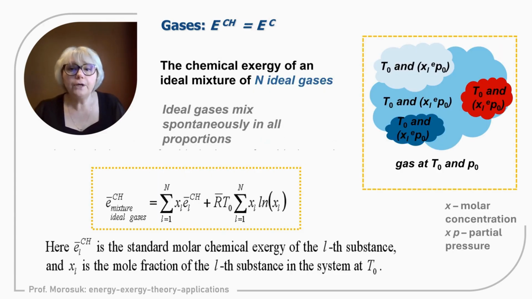Now, what to do if we already have a mixture of gases? Any mixture of gases. For example, it can be a mixture of hydrocarbons, or, if we discuss environmental analysis, for example, CO2 or NOx emissions, SOx emissions emitted to the environment. So if we would like to proceed with exergy analysis, we need to calculate the chemical exergy of the mixture of